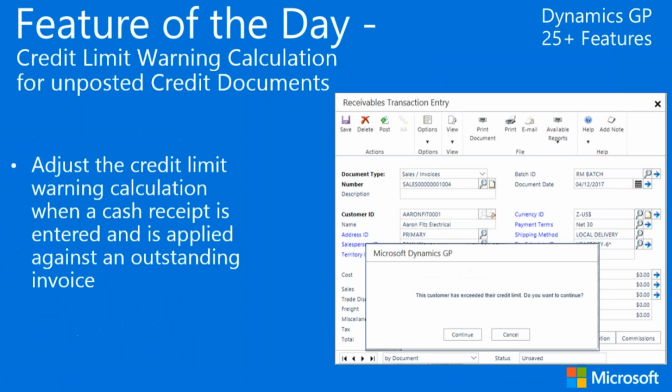But the next one is another little nice feature that doesn't really add a huge piece of functionality to Dynamics, but something that's much more practical. Right now, if you go to enter an invoice, either from sales order processing or from receivables, and you put an invoice into a customer account and the customer's over their credit limit, you'll get the familiar message that the customer's exceeded their credit limit, and then you can either click continue to